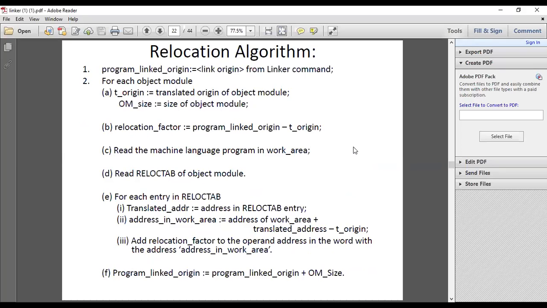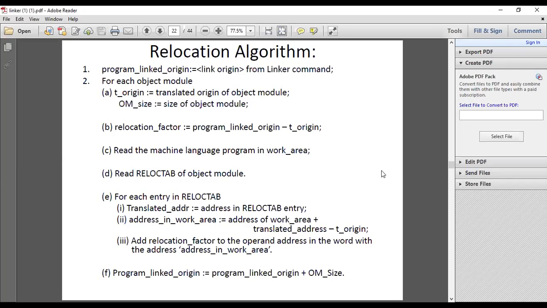Is the algorithm clear, or should I go through it once again? The algorithm is a little bit complex, somewhat difficult to understand. So if required, I will explain it again, or if it is clear, then I will go to the last part. Is it required?